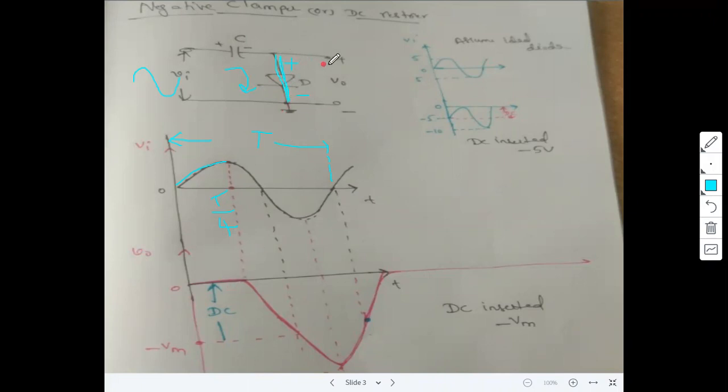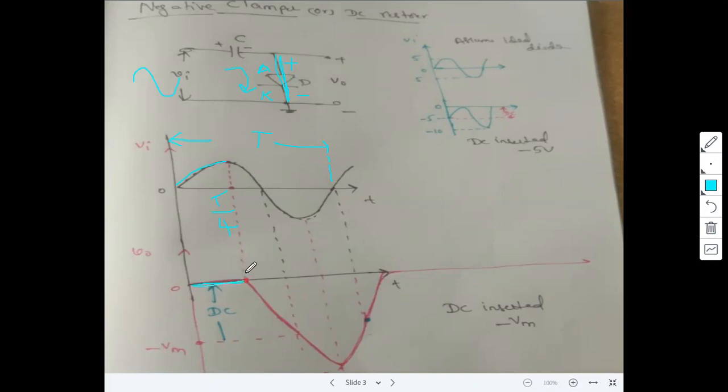Whenever it behaves like a short circuit, what is the output? Vo is equal to 0. Simply, the output is equal to 0. Once again, during the first quarter cycle of the input sinusoidal signal, this is the arrangement here. Diode D is on. Why? Because diode D enters into forward bias, anode greater than cathode. Now, with diode D on, the output voltage is equal to 0.